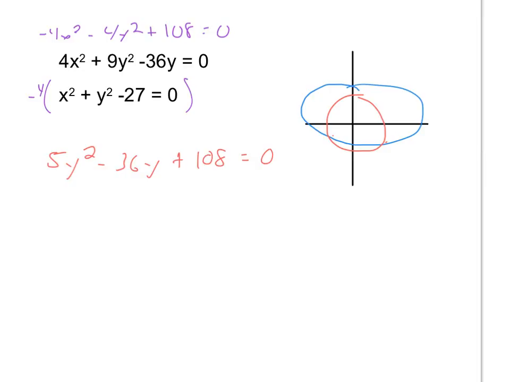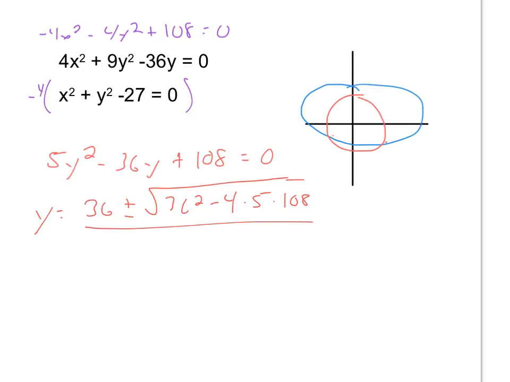Okay, I'm just looking at this equation right now in y. I'm trying to factor in my head right now to figure out what y might be, but since it's so hard to factor that, I'm just going to use the quadratic formula. And you'll see why in a moment. I now know that y is equal to negative b, which is negative 36, which is 36, plus or minus the square root of 36 squared minus 4 times a times c, all over 2a, which is 2 times 5. So y is equal to, let's do the bottom first because that's easy,